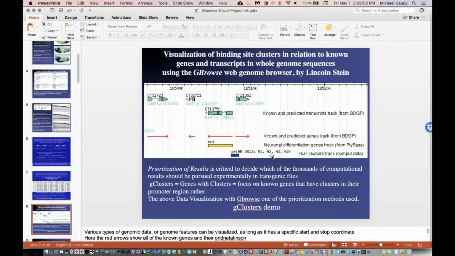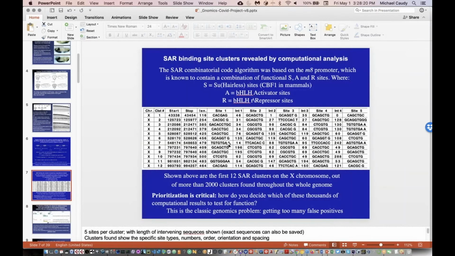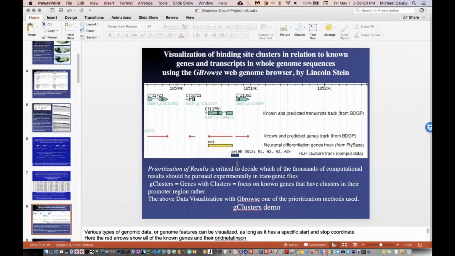And this is a cluster similar to the Ahq promoter that's sitting in the promoter of a gene called NOT that's involved in neural differentiation. So this allows us to throw away about 99.9% of those clusters that we saw up here, some of which are functional, some of which aren't. But this allows us to just focus on ones that are in target genes of interest,